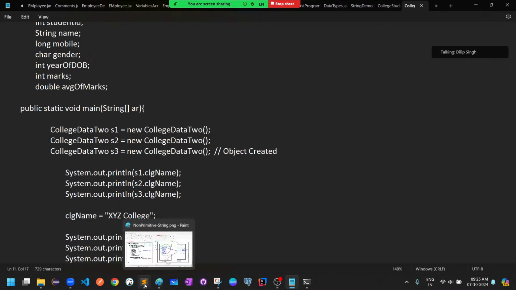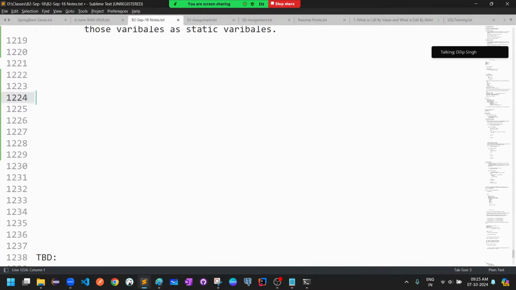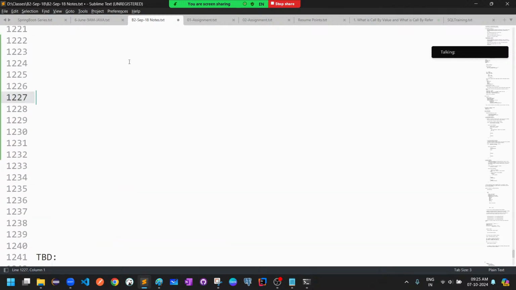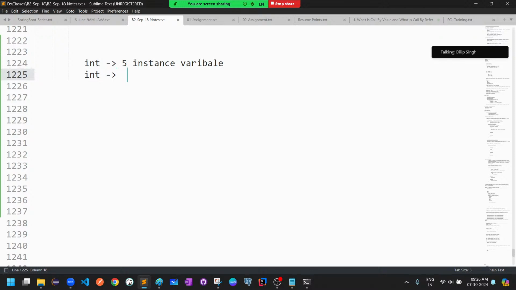So now tell me, I'll ask you some high level questions based on your understanding. I have one instance variable, integer, some variable name. Sorry, integer-wise, 5 instance variables I have, and I have 2 static variables. Now I created 10 objects. Can you tell me